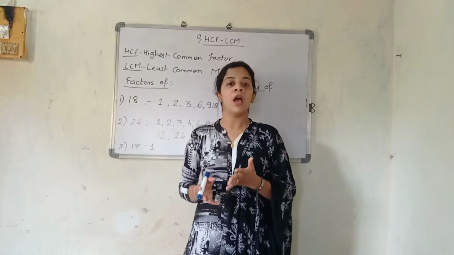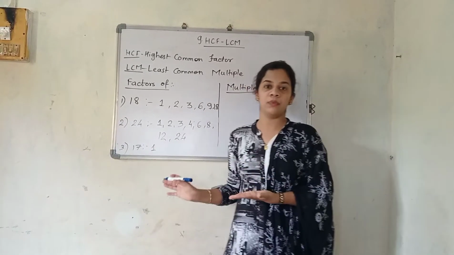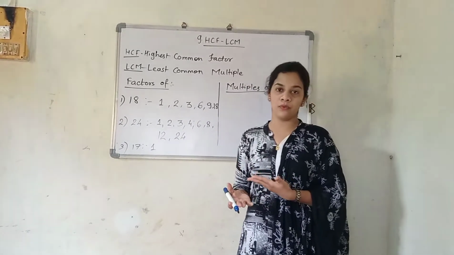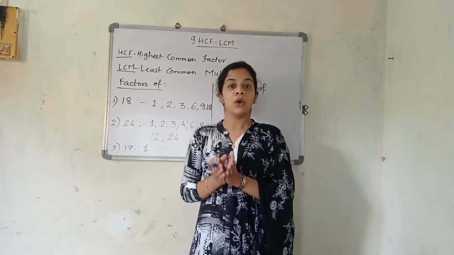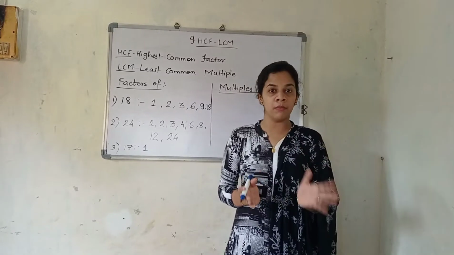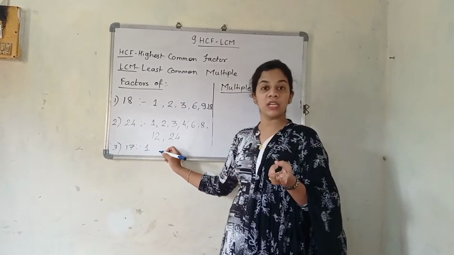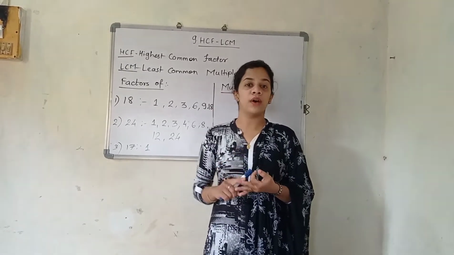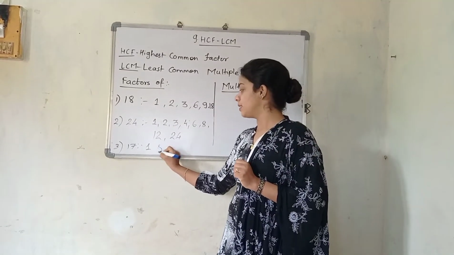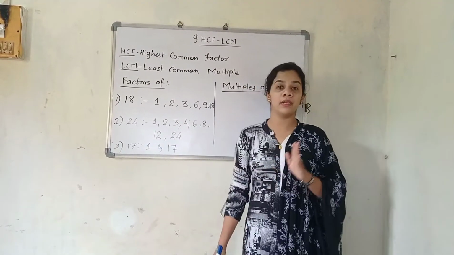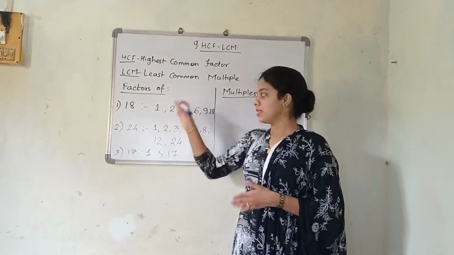What is a prime number? I hope you have already studied it in 5th standard. If there will be more detailing about these particular numbers, then I am going to tell it for sure. So 17 is a prime number, and prime numbers are those numbers which only come in that particular number's table and 1's table. So directly, if you see 2's table it doesn't come, 3's no, 4, 5, 6, 7, 8, 9, 10. It will directly come in 17's table. So the factors of 17 are 1 and 17. Other than that, 17 will not come in any table. So these are about the factors.